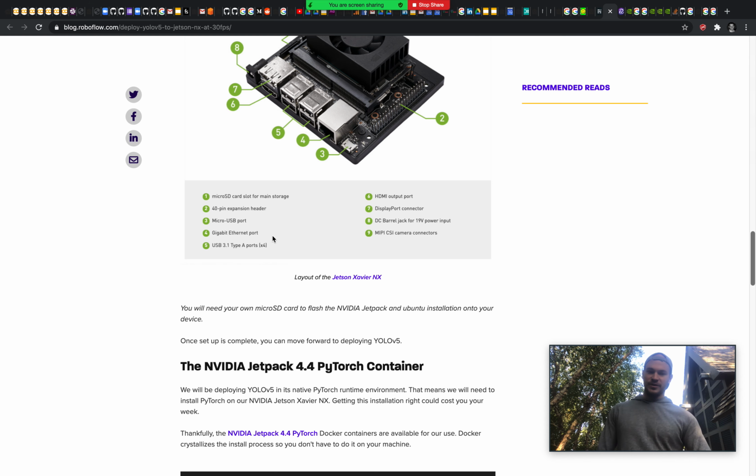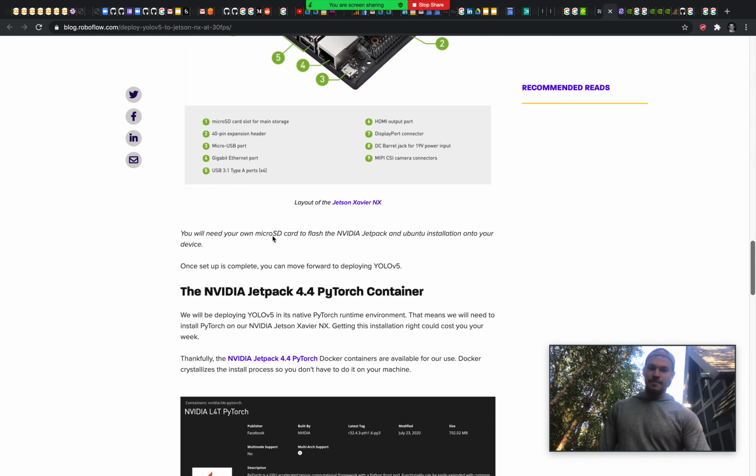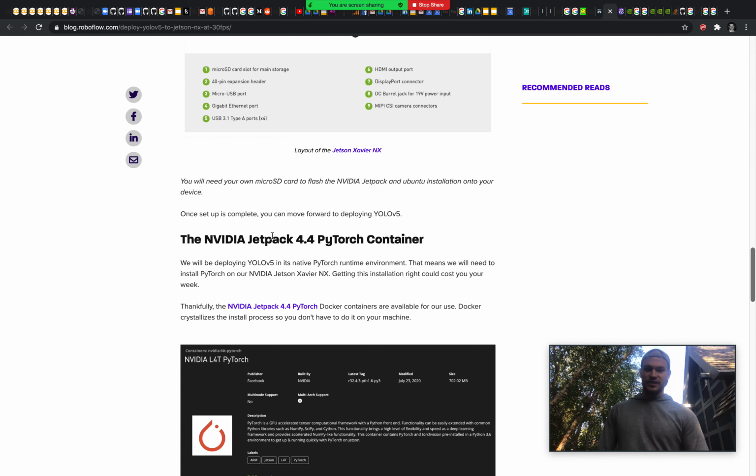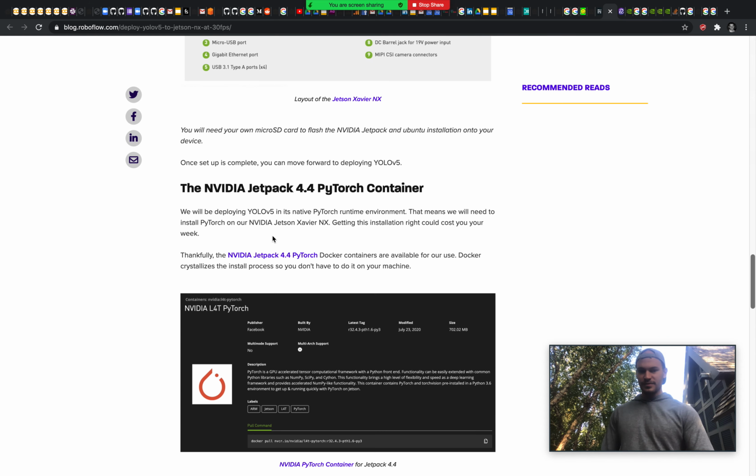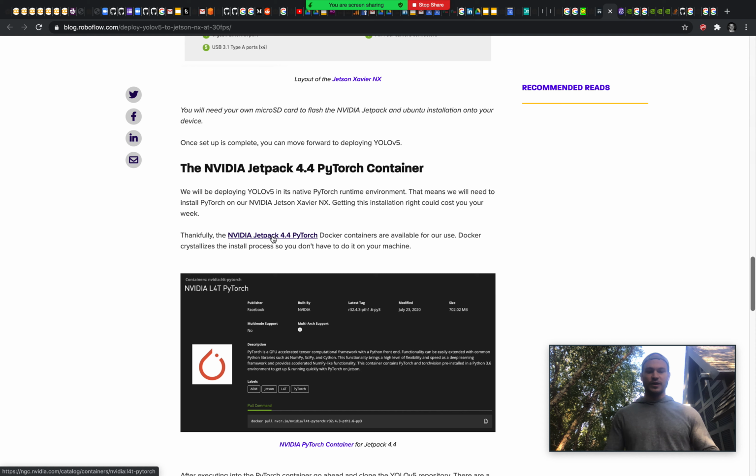This is all a very seamless process. Nvidia makes this very easy process for us to get started with. Now, the next thing we're going to use is the Nvidia Jetpack 4.4 PyTorch container. And this is a really important thing to be able to run YOLOv5, because basically we could imagine a world in which we want to run YOLOv5 by building PyTorch from scratch on our Nvidia